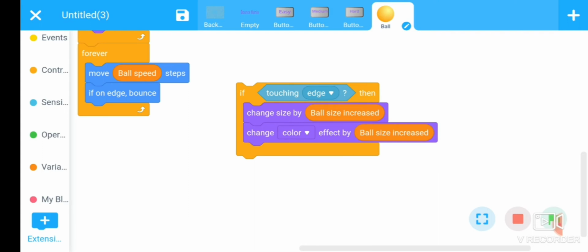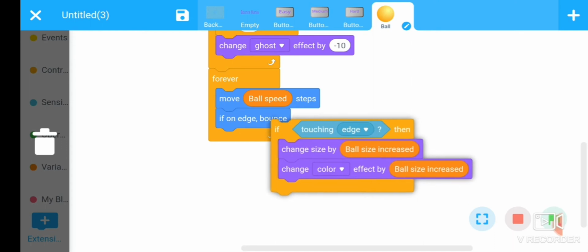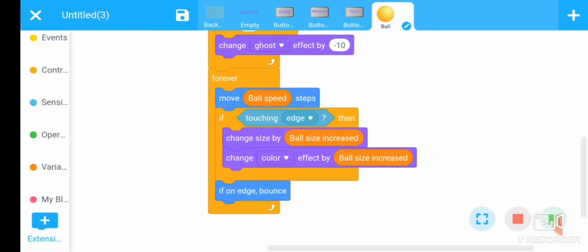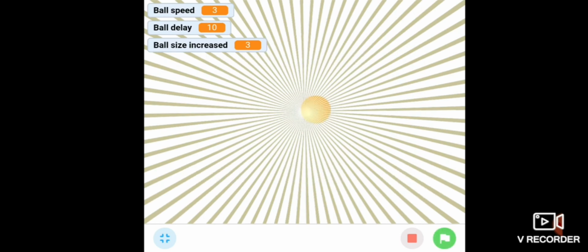Okay, put this set of commands after the move ball speed code, then run the code. Look at the screen. When the ball touches the edge, its color is also changed and its size is also increased. Okay, fine.